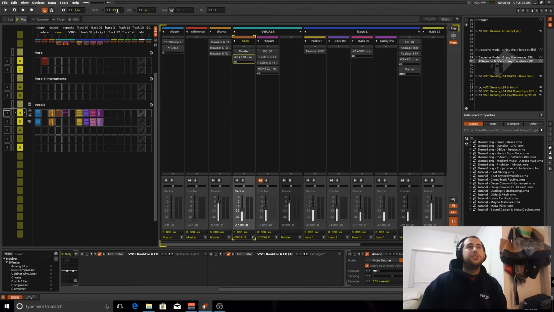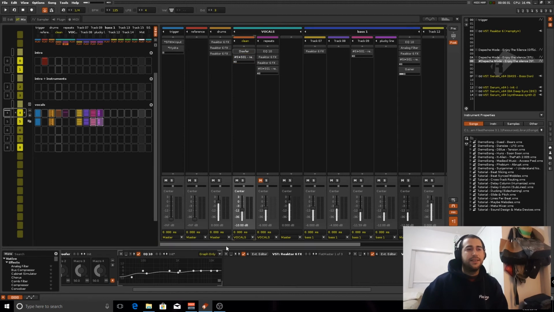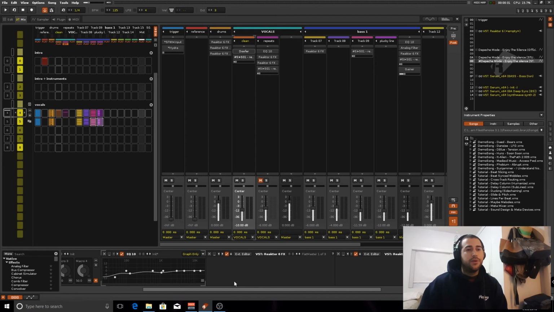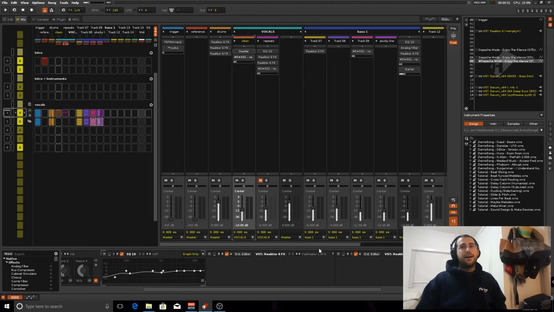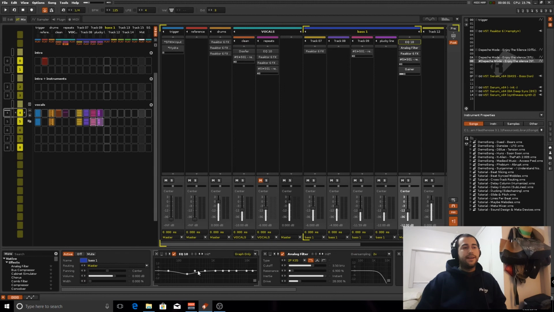And as for effects on your vocal chain, the usual stuff, start messing around with reverbs, delays, EQing, of course. And for the EQing, try to identify as quickly as you can the frequencies that are going to collide in your mix. Like for instance, I'm cutting around 100 and something, almost 200 hertz, because I know that the vocal is prominent in this part, and I want the vocal to be more present in the mix than this bass,